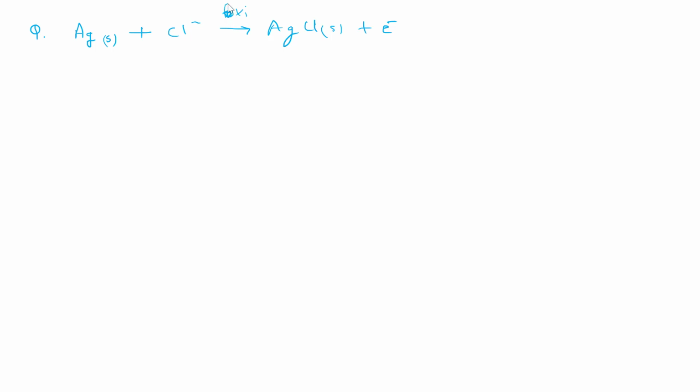In this reaction, for most of the cases you get salts that are very soluble, but sometimes you may get a salt that is sparingly soluble, and here AgCl has very low solubility, so we call this a sparingly soluble salt. In the case of a sparingly soluble salt, we have to write the reaction in this way, and we have to calculate the things based on this also. We will discuss this also in detail.